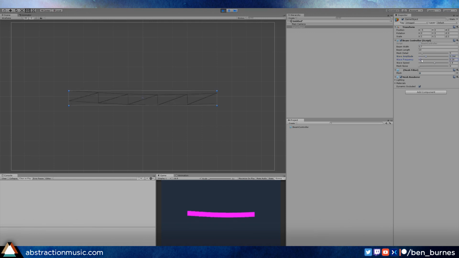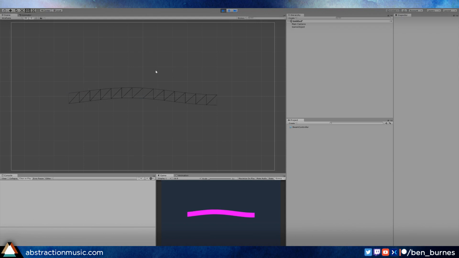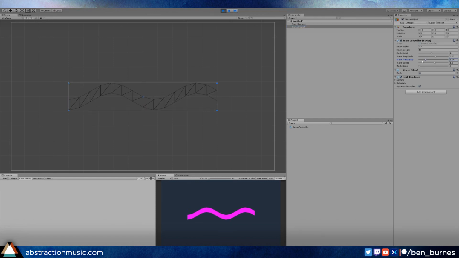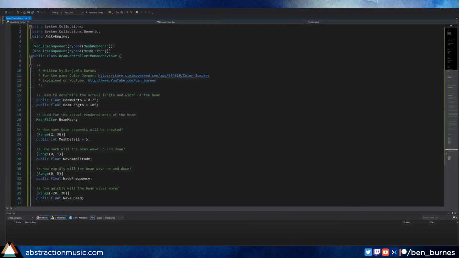We can raise the amplitude and the frequency, and you can see now that we can increase the detail, and you can see the mesh up here, and also the object, the final render down here, has a little wavy feel to it. So this is basically what we're creating. We're creating boxes, but we're also modifying these points in space every frame, so it looks like it's moving dynamically. Once you get this, you can mess around with it a little bit more. And then we have a noise filter here, which gives it that jiggly effect, which makes it feel a lot more energized. Okay, so I'm gonna stop this and we can go into the code and kind of go line